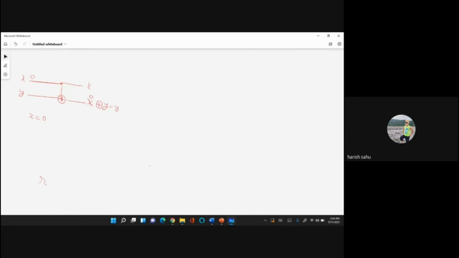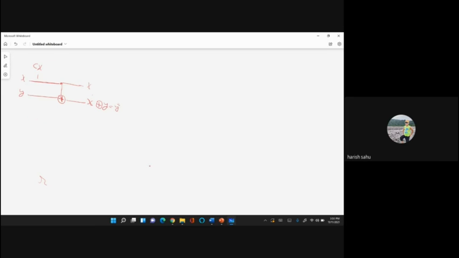Okay. But suppose it is 1, then what is the definition? If you put x equal to 1 here, 1 XOR y will be what? Y bar. If you XOR something with 1, it will complement it, so it will become y bar. So basically, this NOT gate will be applied only when x is 1. This is called the controlled NOT gate or CX gate. Keep this in mind.